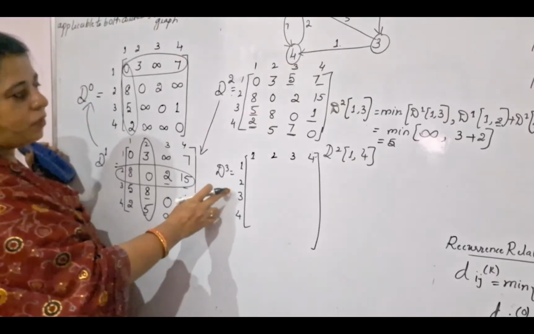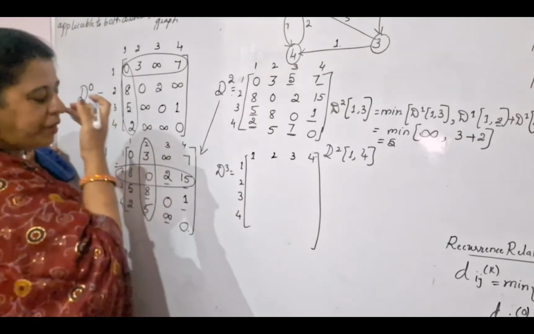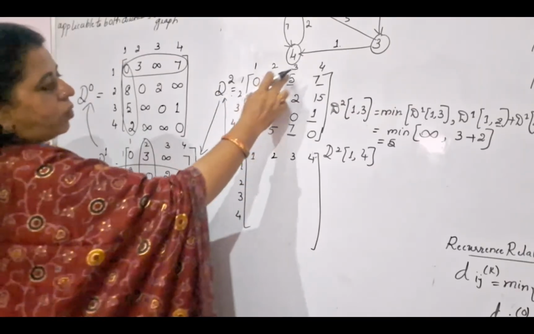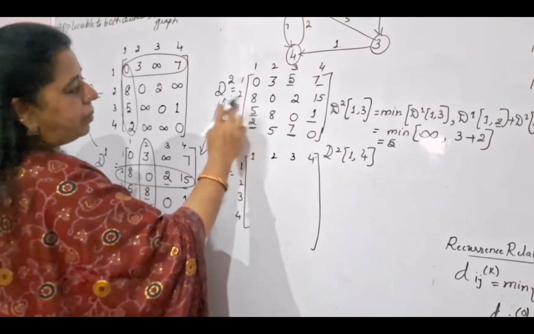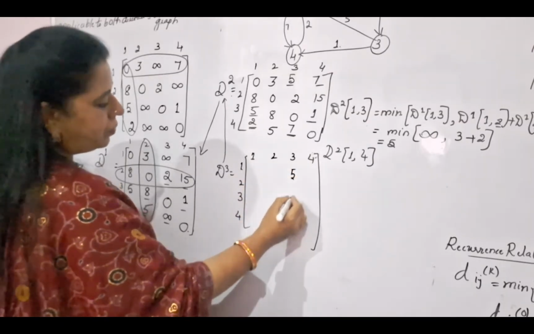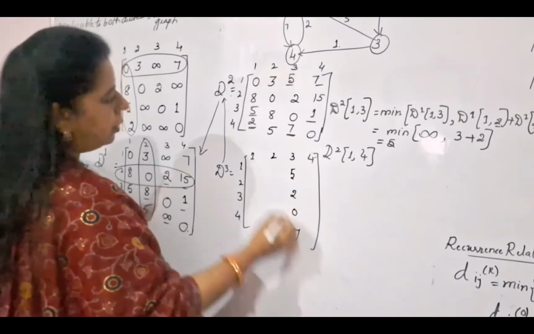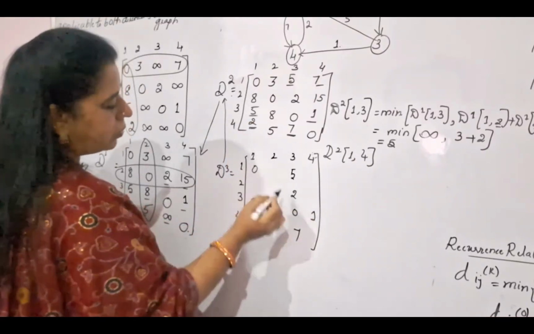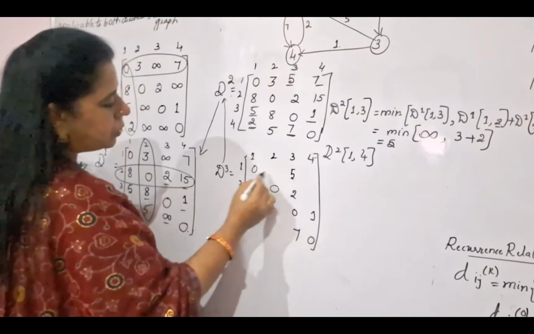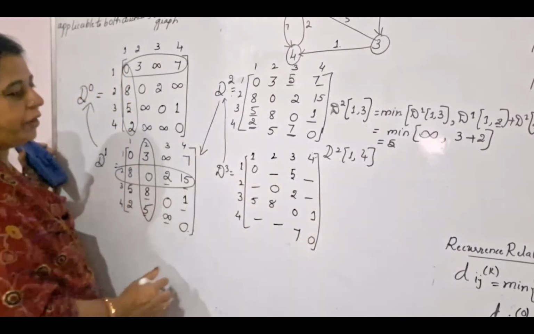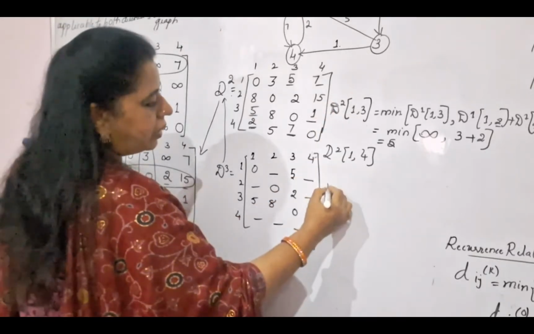So to construct D3, follow the same procedure as you have done for the previous two matrices. For D3, you will be referring to what? Only D2. And whatever are the third column elements and third row elements, you need to write down as it is. So 5, 2, 0, 7, and here it is 5, 8, 0, 1, and the diagonal elements keep as it is. So you are going to find out these elements. 6 elements you need to find out. Follow the same procedure as you have done here.